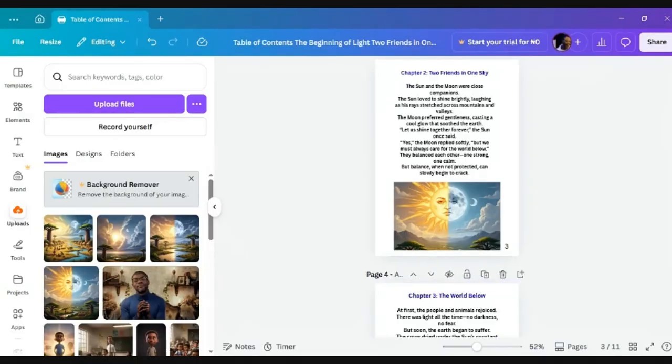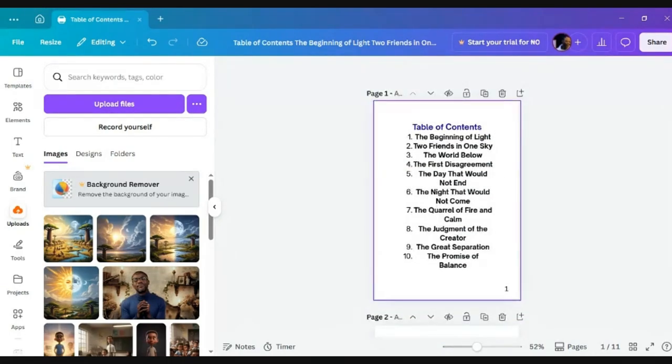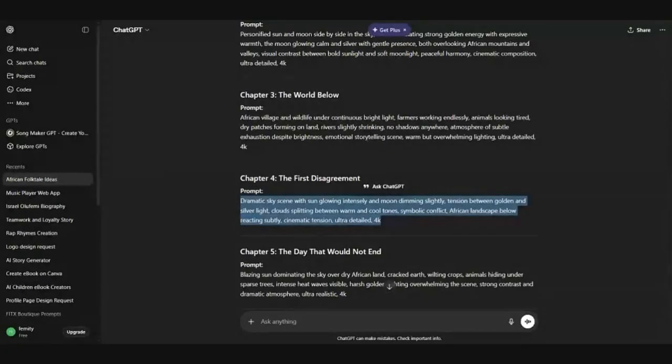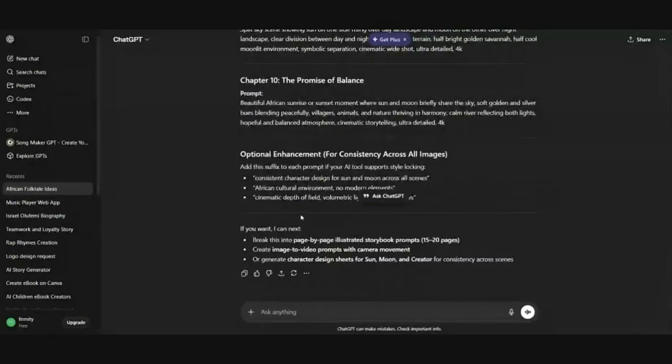All right, now we are yet to even have a cover design for our story. Now let's try to do that. Let's go back to ChatGPT to give us what we call art cover. Yes. Cover design. Hello, Mr. Chat. We still have all the other prompts for the images, so they are there. So let's ask ChatGPT to help us with